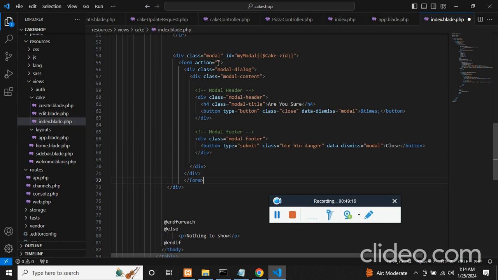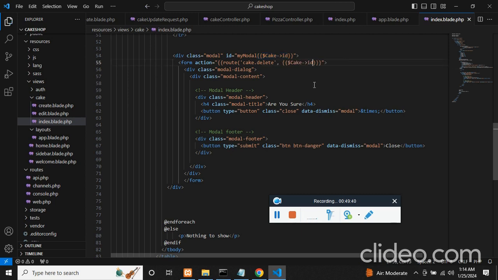Once you click on submit, it should call a route, and make sure it's inside blade. It should call a route, and inside the route it should be cake dot delete, and of course we need to pass the ID to the route